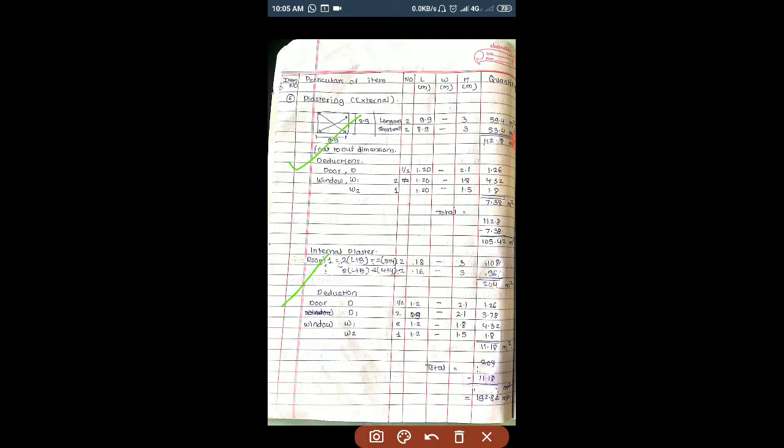So for external plastering, the main thing is that plastering is measured in square meter. The width or thickness part doesn't play an important role. Height we will consider because we have floor to floor height of 3 meter. Length we will consider, but the thickness or width part we will not consider here, so we will keep that part blank or dash. Then moving towards the length and height part, height is given 0.3, directly we will keep 3 meter.